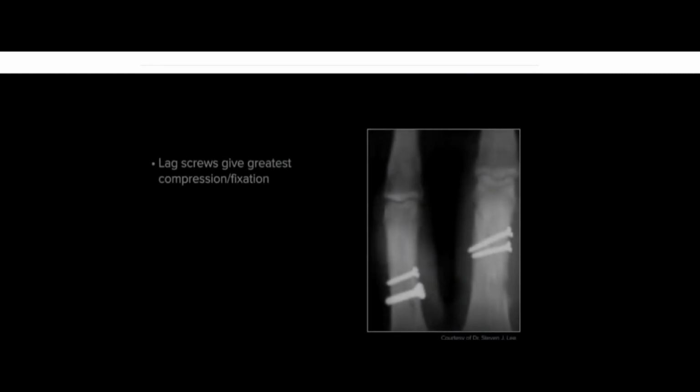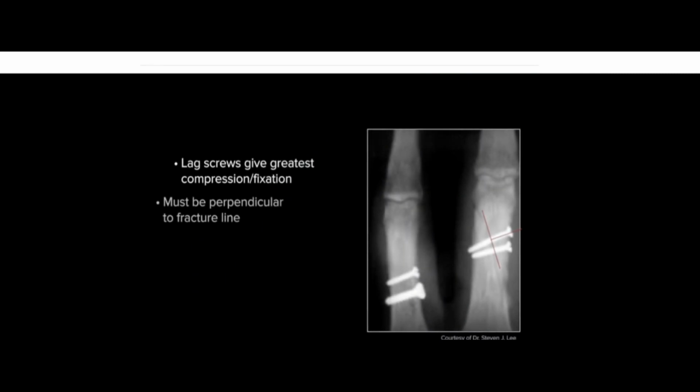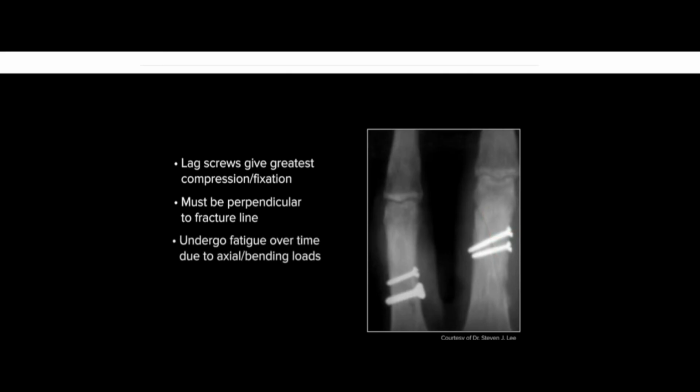For an unstable long or short oblique fracture, lag screws give the greatest compression and fixation. Ideally, the lag screw must be perpendicular to the fracture line to achieve the strongest lag effect. If the fracture line is very long, the recommendation is to use more than one lag screw. Over time, however,